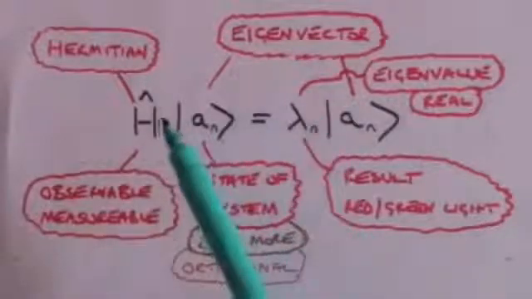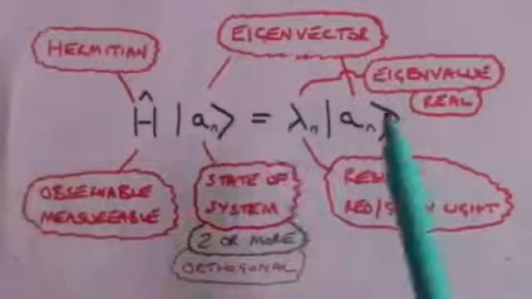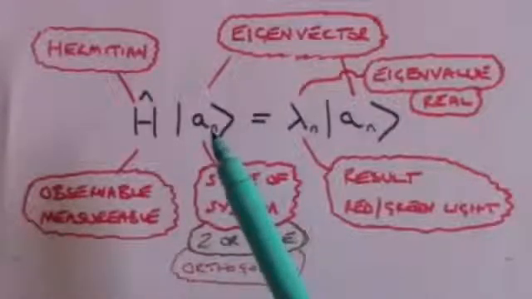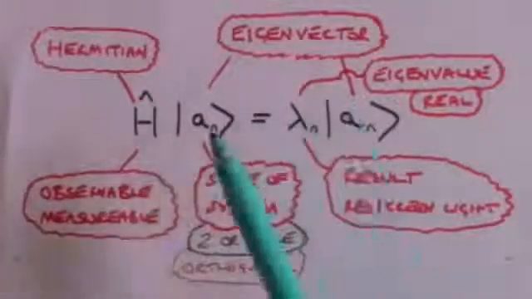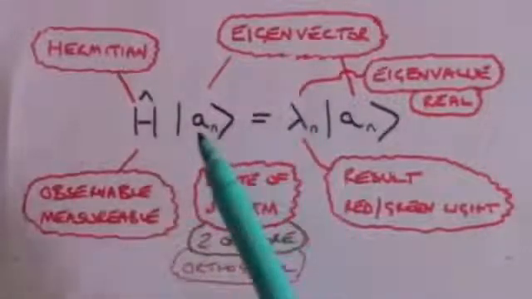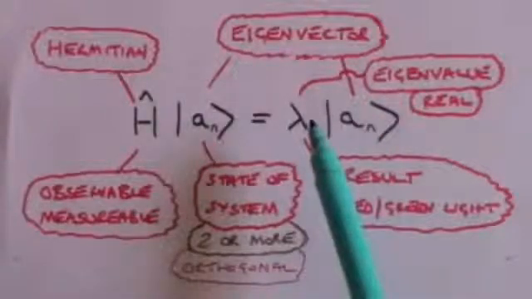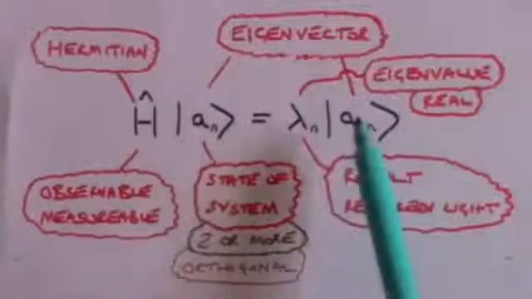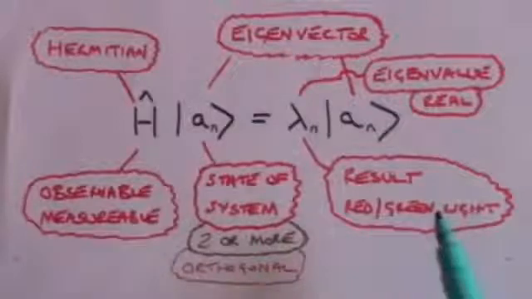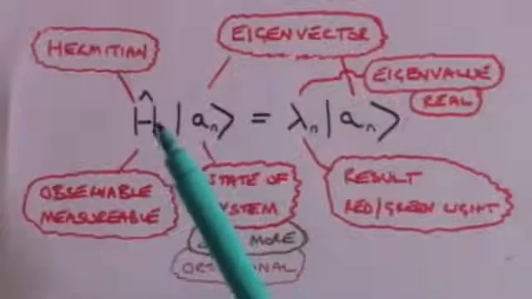eigenvalue. And the point is that for every operator there will be at least two, in our case there were only two, but there will be at least two eigenvectors which will have associated eigenvalues. The point is the eigenvectors are different and there is an associated different eigenvalue for each eigenvector. That's the mathematics. Now underneath we've put down what that means in terms of the physics, that the Hermitian operator